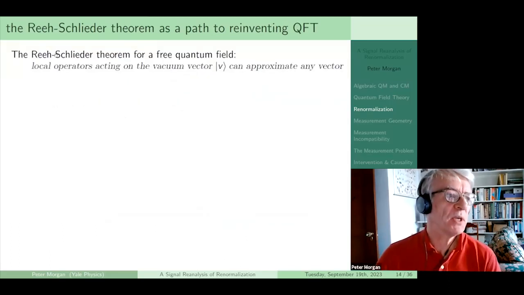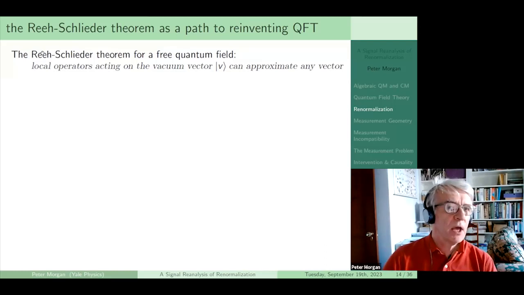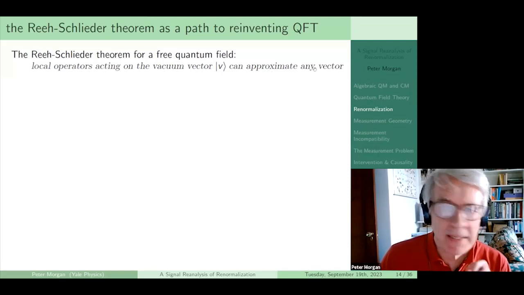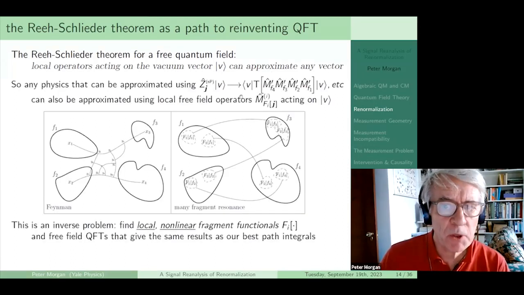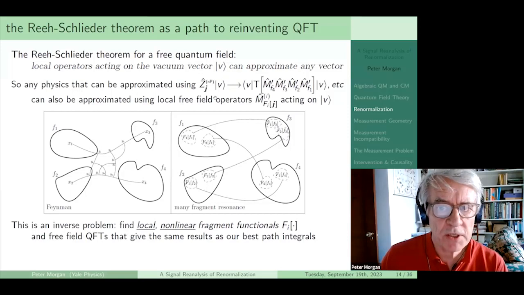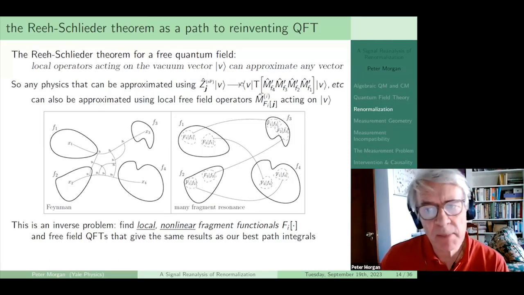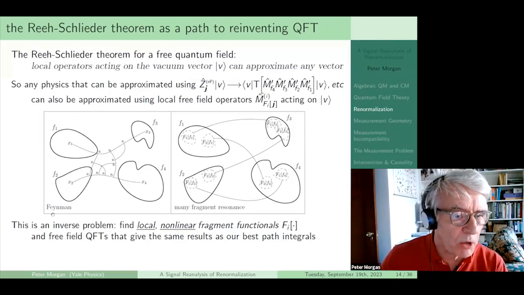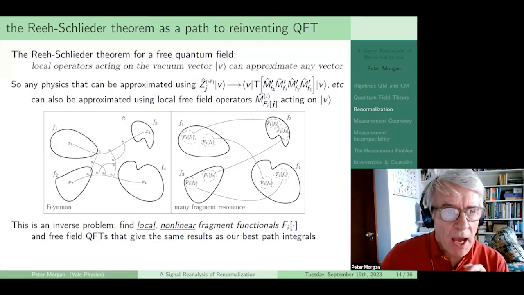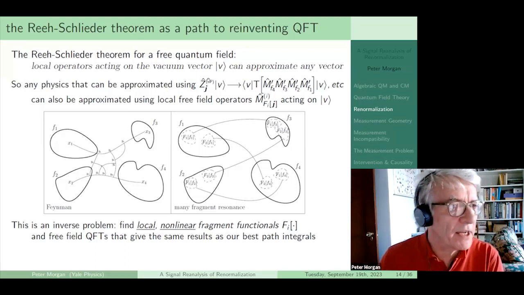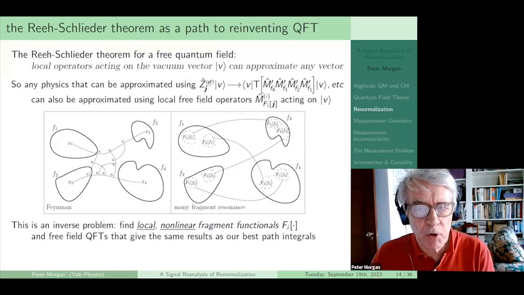But this puts us in a situation where we can use the Reeh-Schlieder theorem, because local operators acting on the vacuum vector can approximate any vector. And in particular, we want to approximate this vector that we constructed on the previous slide, which we're going to use to generate smeared 4-point vacuum expectation values, for which one contribution would be the Feynman diagram we see here. But we can also approximate that, which is well defined because it's not the pure Lorentz invariant